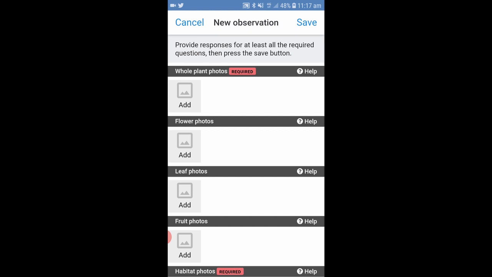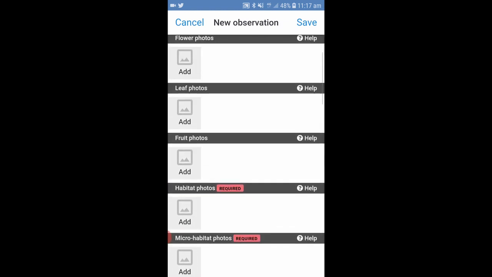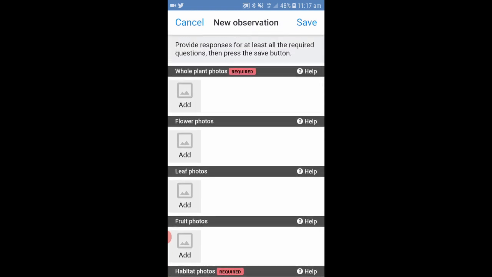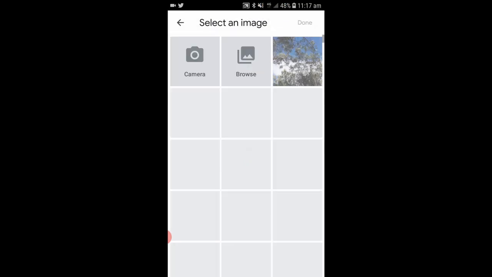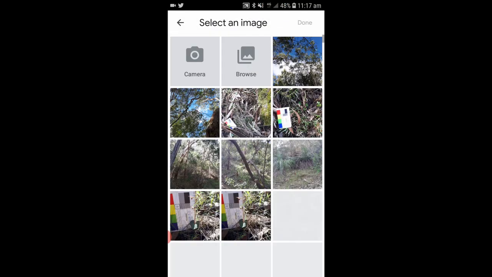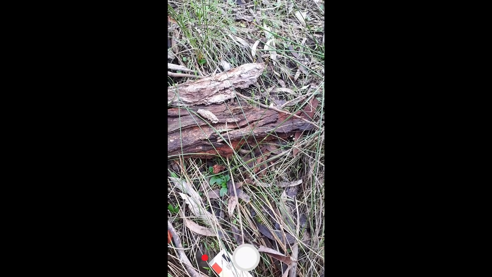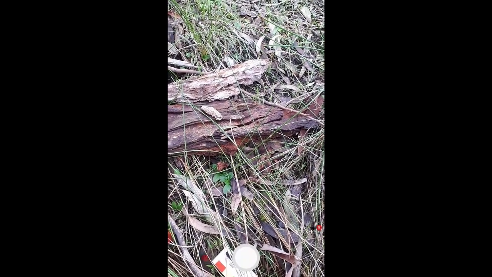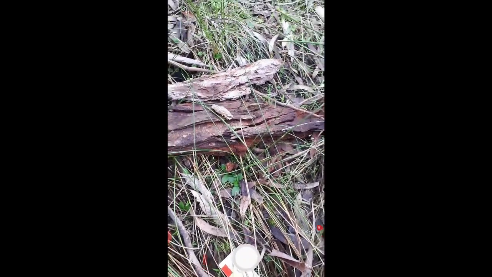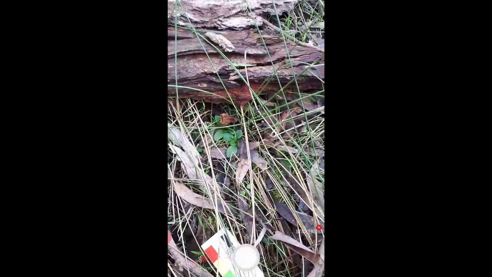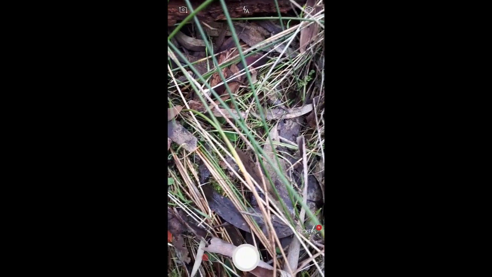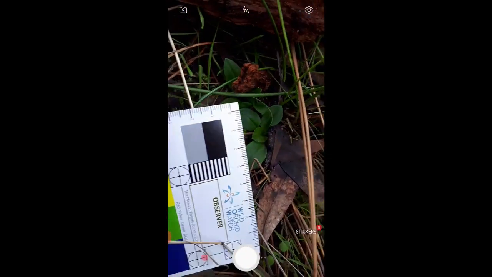Now you can see there are a series of photographs that the app will prompt you to take, 3 of which are required. So starting with whole plant photos, we click the add button, and this lets us choose the camera from within our mobile device. So that's just your camera app, and that will look different depending on what device you're using. In this case, it's an Android. So you can see I have my orchids here. They're not actually flowering yet, but we can take a photo of the leaves using a scale card as well